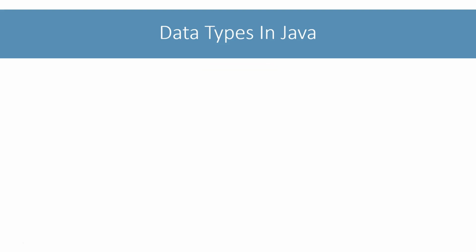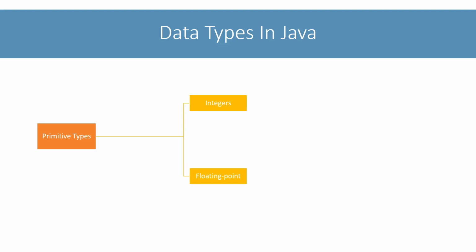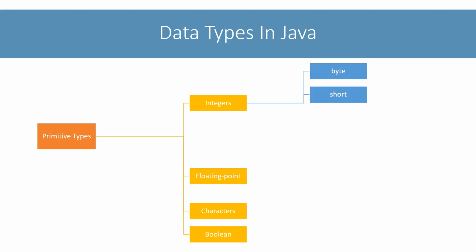In Java, the primitive data types are broadly grouped into 4 groups: integers, floating point types, characters, and boolean. The integers group represents the whole numbers like the marks in each subject and total marks columns of our student result sheet example. The data types in this group are byte, short, int, and long.